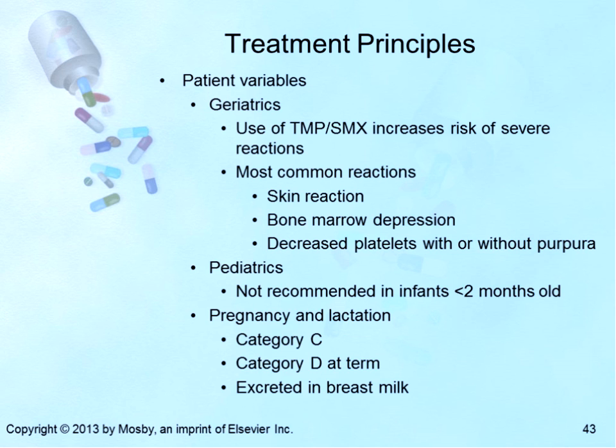We need to look at patient variables. In geriatric patients, the use of Bactrim in the elderly results in an increased risk of severe reactions, especially when used in conjunction with other drugs or in those patients with renal or liver impairment. The most frequently reported severe adverse reactions in the elderly include skin reactions, bone marrow depression, and decreased platelets, with or without purpura. The elderly patient who has taken certain diuretics, especially the thiazides, may have an increased incidence of